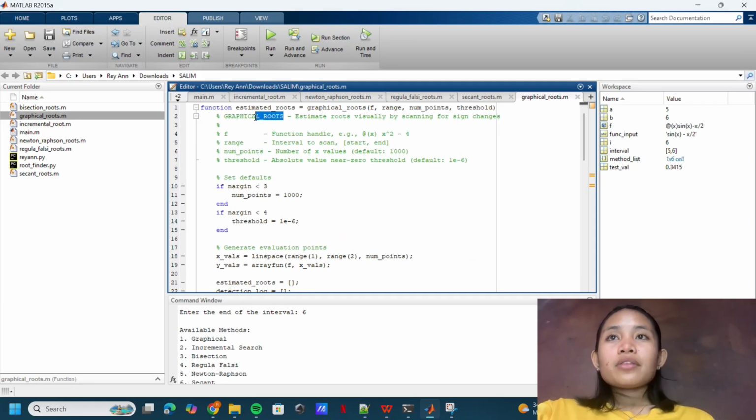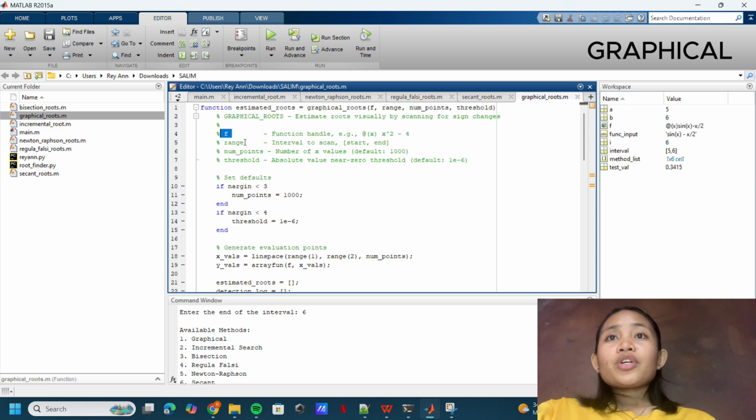In the graphical method, this function estimates roots graphically by scanning for sign changes or values close to 0 over a specified interval. It's a straightforward visual method useful for getting initial root approximations.